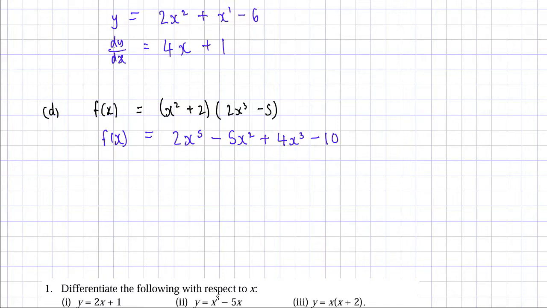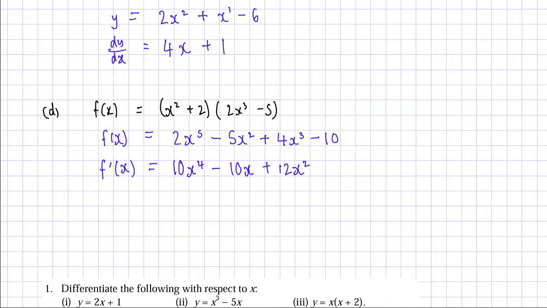So I'm going to differentiate this now, and I need to write this with f dash x. Okay, so this is how I'm going to write it. So this is going to be 5 times 2, 10, and then I'll have x to the power of 4. So I'm going to have 10x to the power of 4. Next one's going to be minus 10x. And the next one is going to be plus 12x squared, and the minus 10 is just going to be